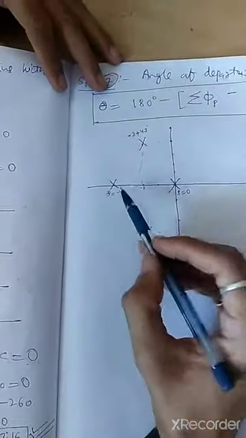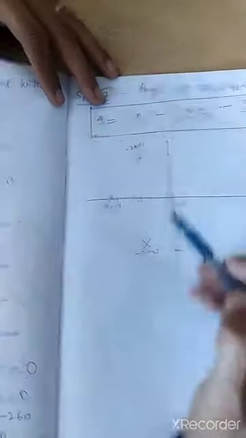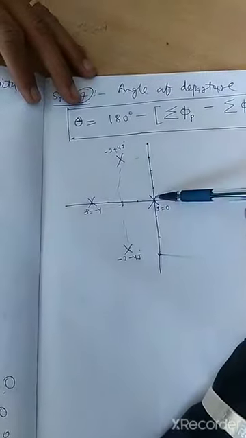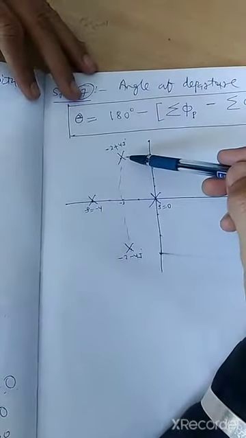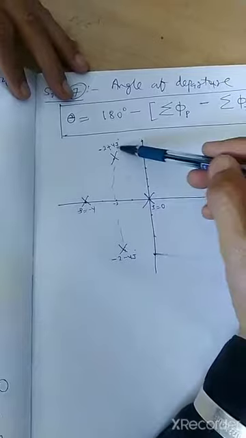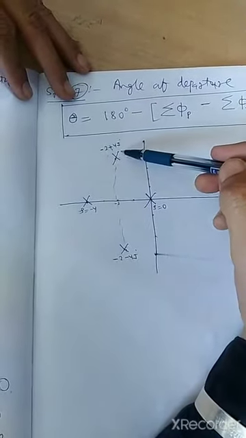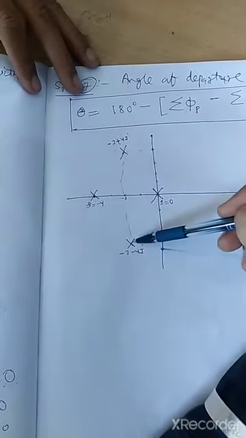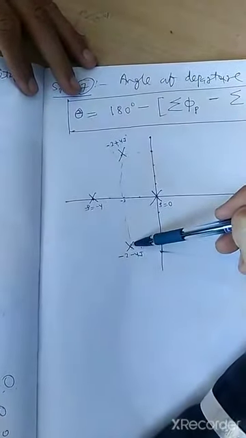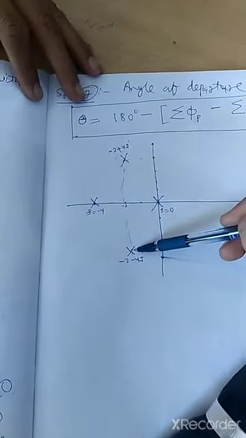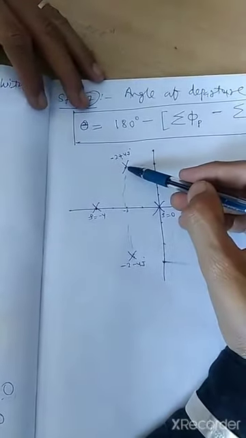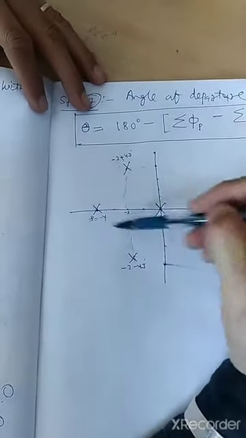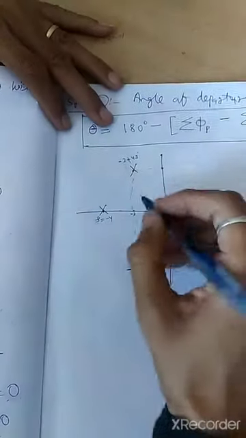One pole at 0, one pole at minus 4, one pole at minus 2 plus 4j and one pole at minus 2 minus 4j. To find out the angle of departure, we first find out all the angles from all the poles and all the zeros on this imaginary pole. Because this is just opposite, whatever angle we find out here, this angle is with opposite polarity. If this is positive, then this will be a negative angle. So on this imaginary pole, we will find out all the angles from all the remaining poles and zeros. But here only the poles are there.